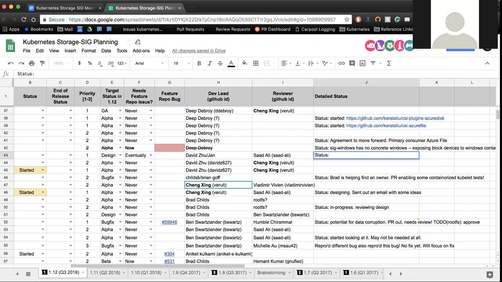So that's going to be dependent on the CSI inline design. If we end up having some mechanism to do inline volumes, we might be able to use that. Otherwise, David needs to come up with another mechanism to do this mapping.